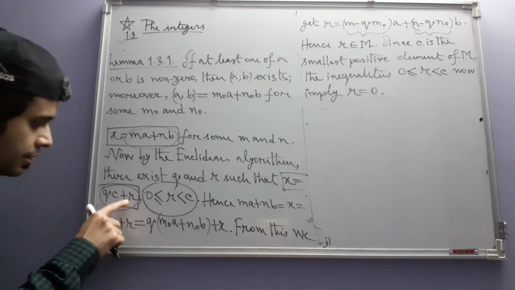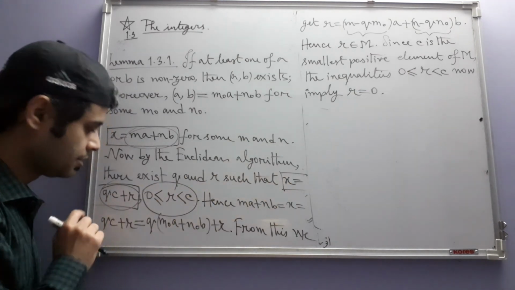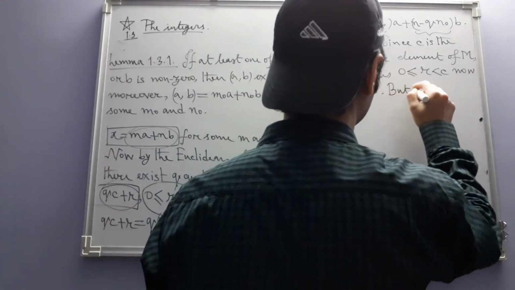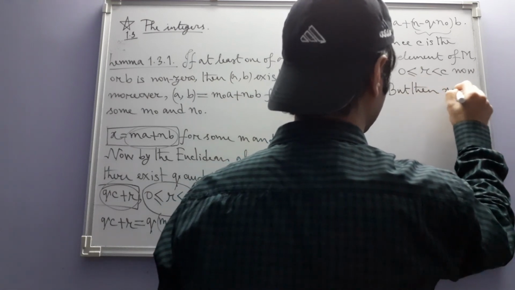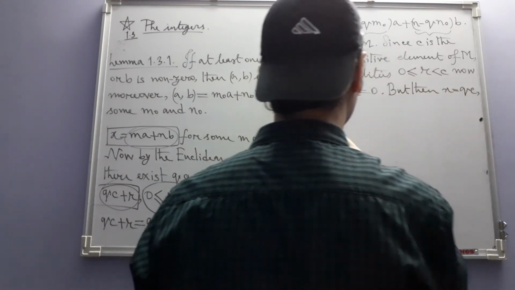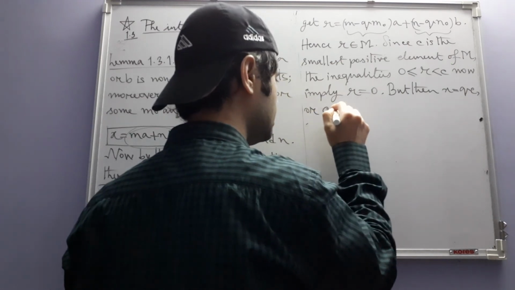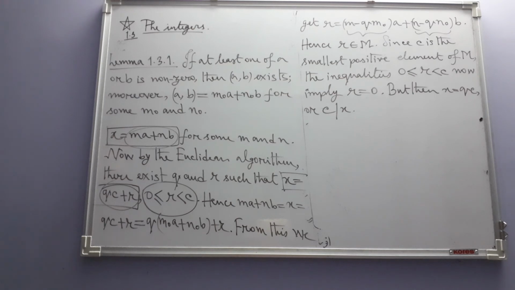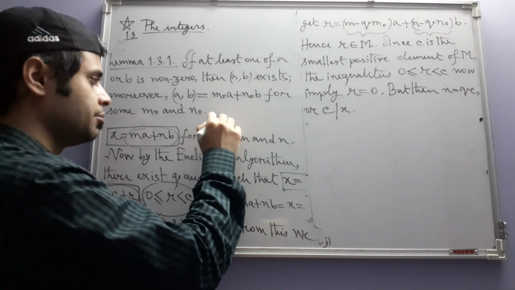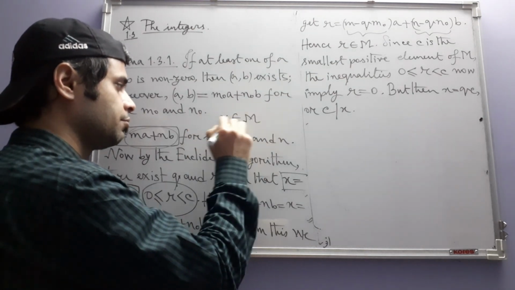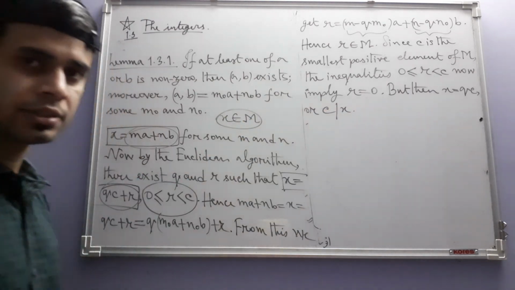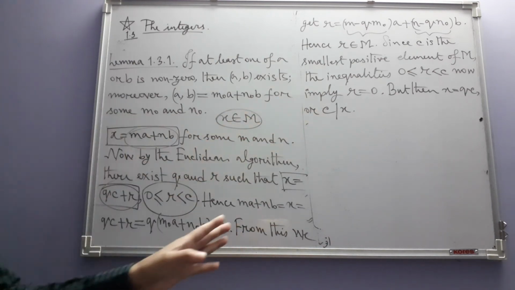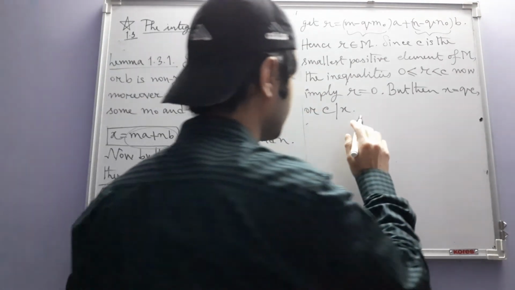But if R is equal to 0, that means X is equal to QC. But then X is equal to QC, or C divides X. Recall what X was. X was any element of M. And we have proved that C, the smallest positive integer in M, divides all the elements of M. Or in other words,